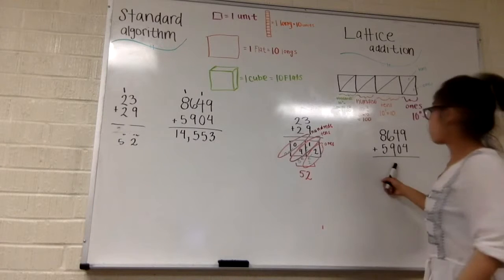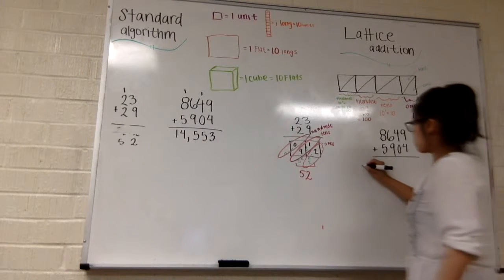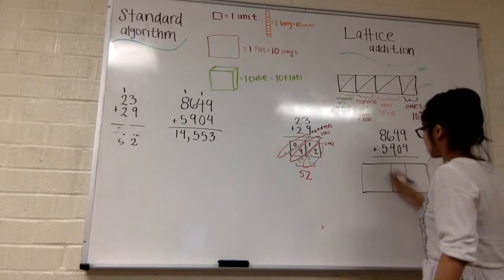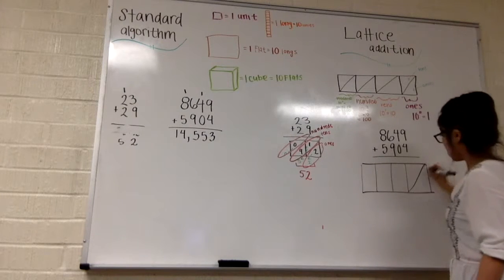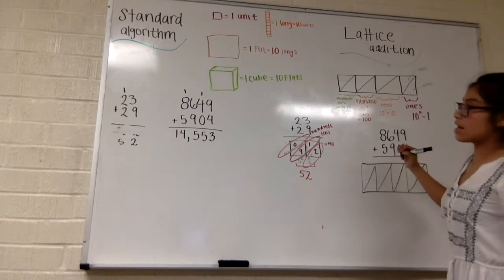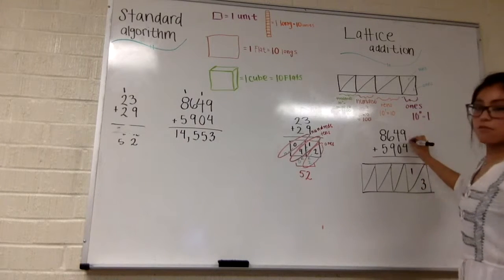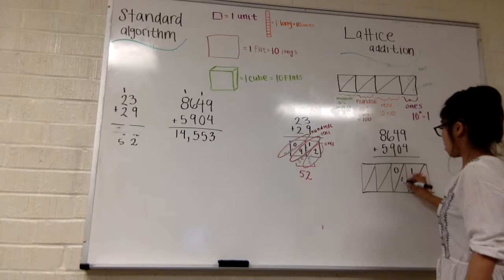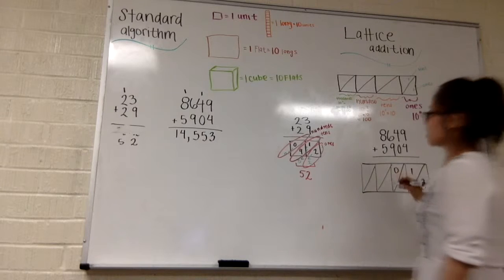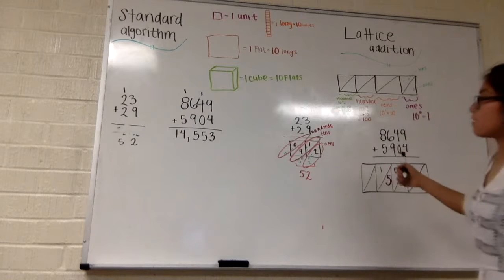Here we will be using all 4 boxes, representing the ones, tens, hundreds, thousands. So we will draw out the boxes, here having the ones place, the tens place, the hundreds, and thousands. Similarly, doing the lines diagonally, having the ones, tens. So here we have 9 plus 4 is 13. Then we have 4 plus 0, which is just 4. And then 6 plus 9 being 15. And then 8 plus 5 being